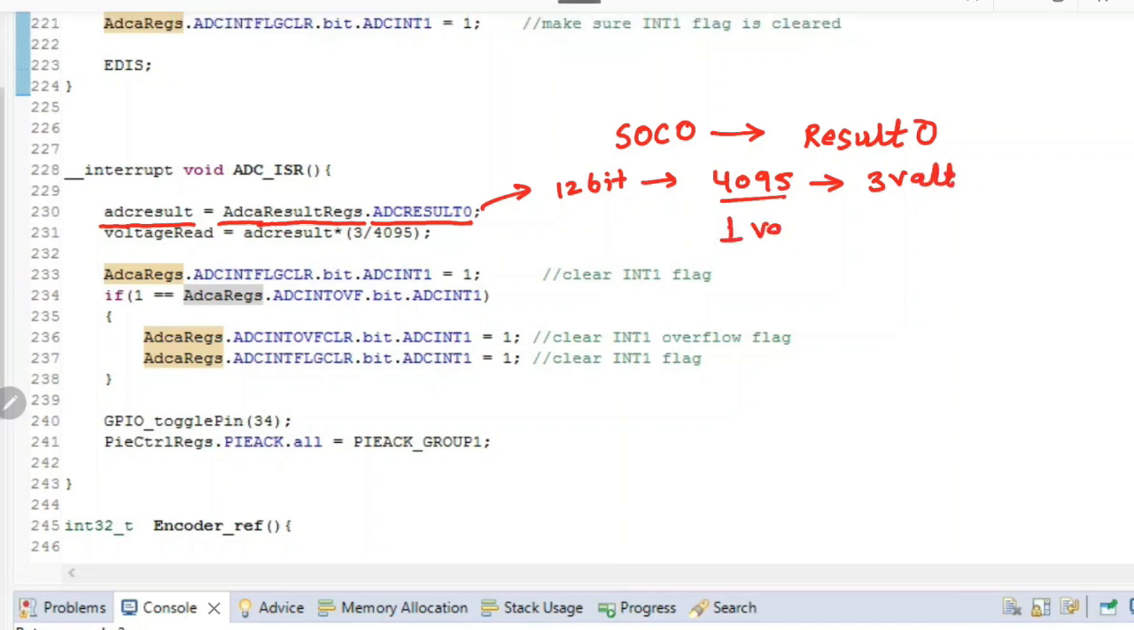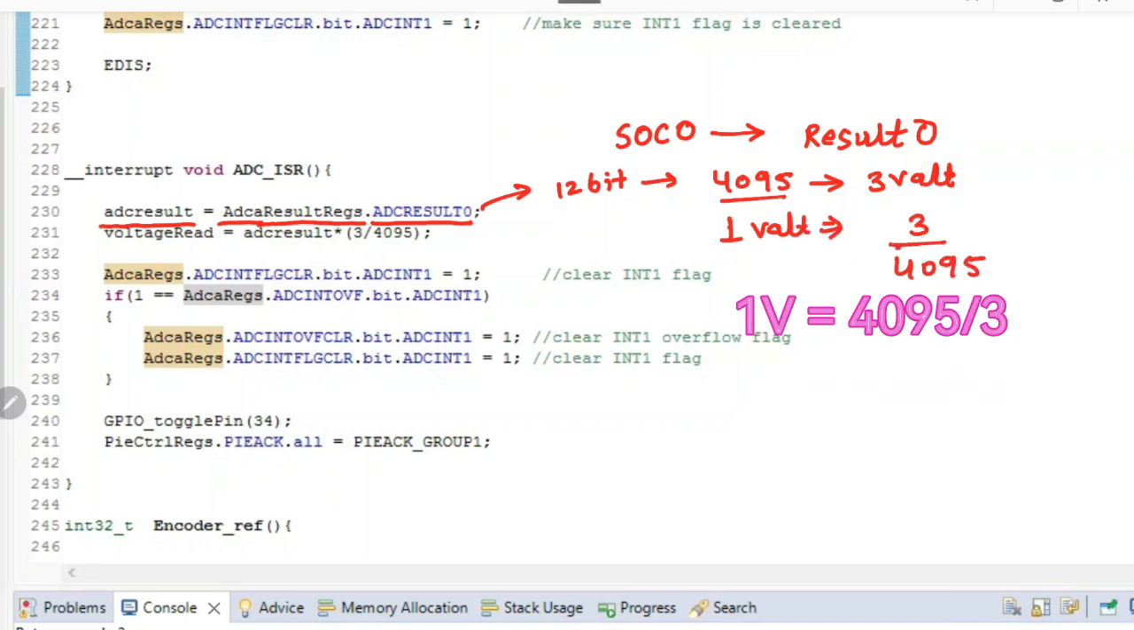So 1 volt will be corresponding to 3 divided by 4095. So whatever voltage we are giving, the voltage read will be this ADC result multiplied by 3 divided by 4095. So once we have stored the register in the voltage read value, now we have to clear the interrupt